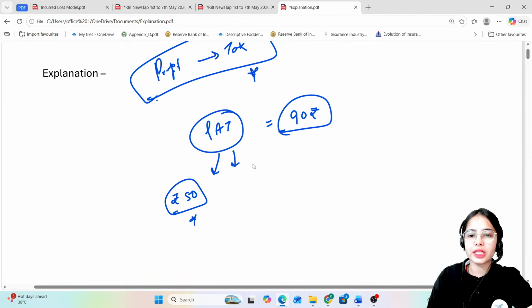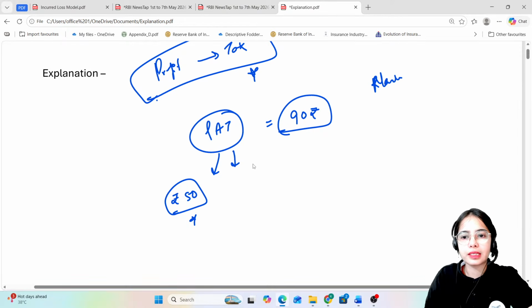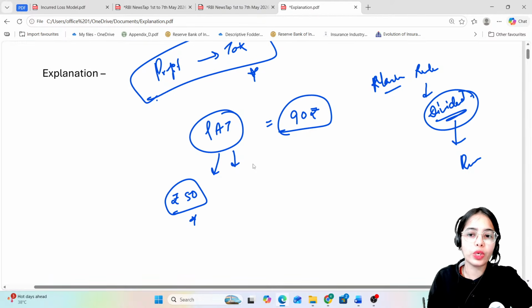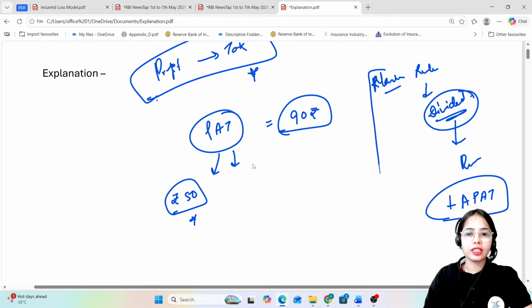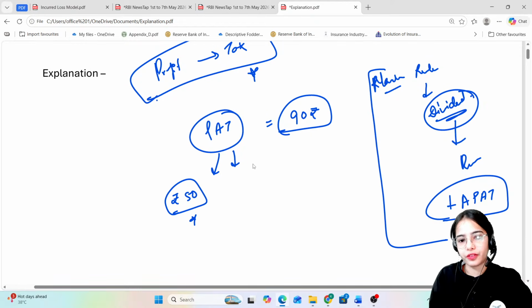There are some rules and regulations. I hope you have, like in March, we discussed the rules for the announcement of dividend by the banks. The banks can announce the dividend only when they have positive adjusted profit after tax. We have discussed that already in a previous session, the rules regarding the announcement of the dividend, okay? So if the bank has the positive profit after tax, then the bank announces the dividend.